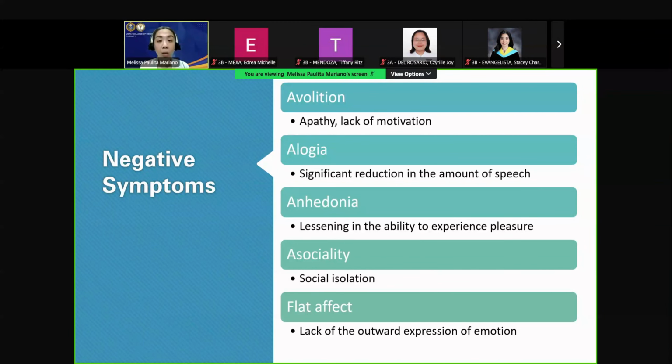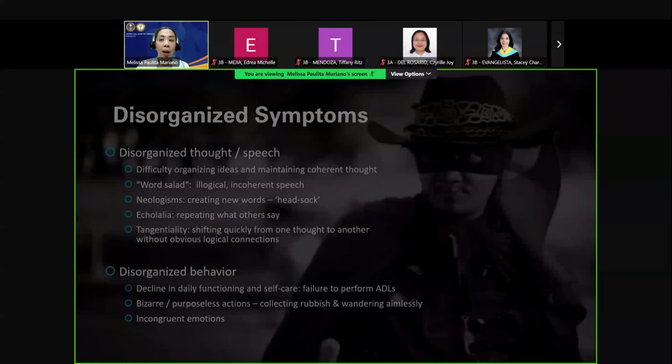Most of the time, these do not come singularly, they come in clusters. So a patient with schizophrenia often is found inside his room, just not interacting with anyone, not wishing to do anything, not experiencing pleasure in anything, not looking forward to anything. Very much an isolated person. And this is one of the most difficult to treat clusters of symptoms for schizophrenia.